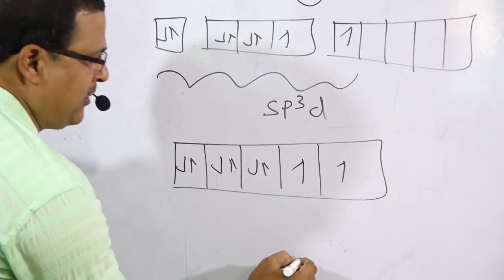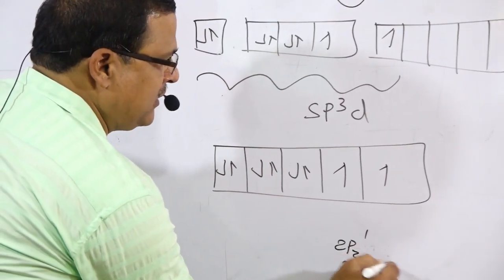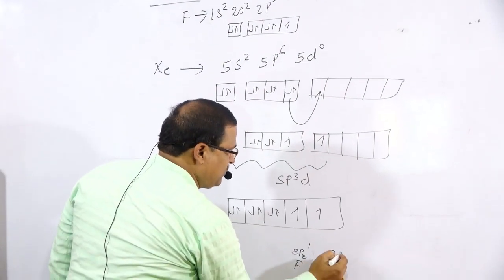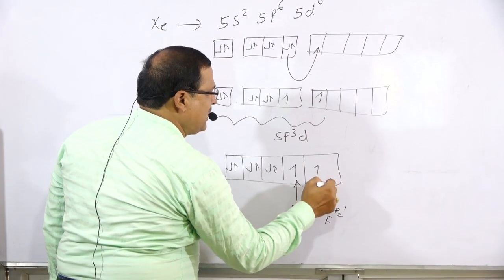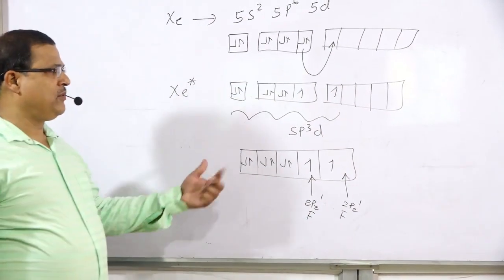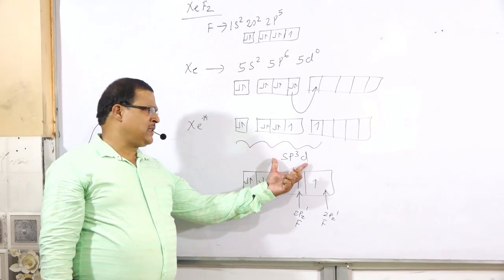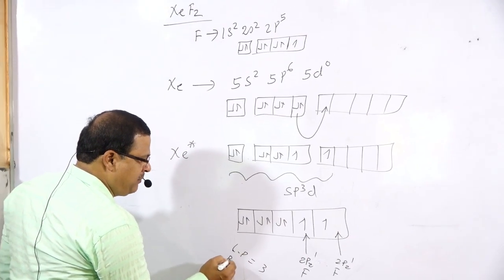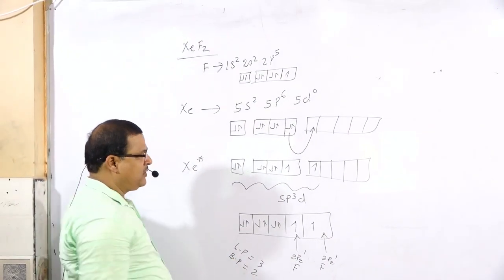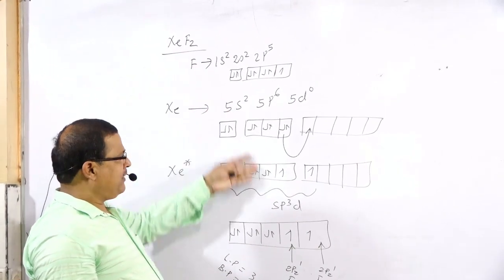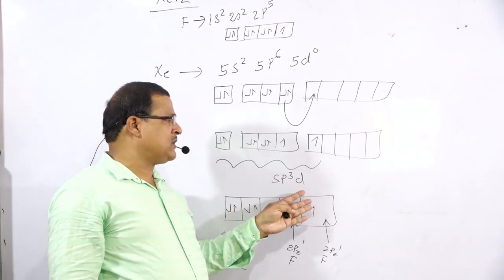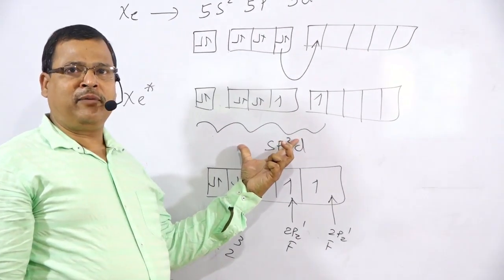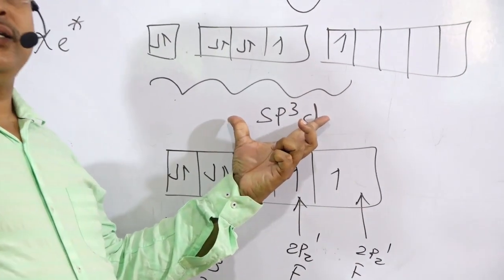So two fluorine atoms, each with 2pz1, have the ability to form bonds by mutual sharing to form xenon difluoride. So that is sp3d hybridization. Number of lone pairs is 3. Number of bond pairs is found to be 2. So this is regarding xenon difluoride. If you write the structure, sp3d hybridization must have a trigonal bipyramidal structure.